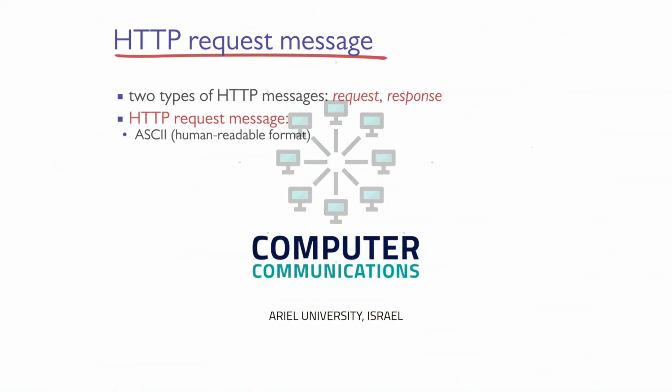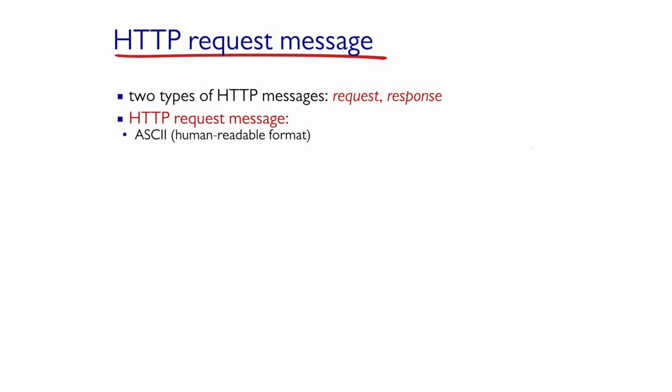In this unit, we'll learn about the structure of HTTP messages and look at the various methods to transmit information from the server to the host. As we've seen in the previous unit, there are two types of HTTP messages: HTTP request, which is sent from the host to the server, usually by the browser, and HTTP response, which is sent from the server to the host. We'll start with the structure of a request, which is built of legible characters, otherwise known as ASCII.